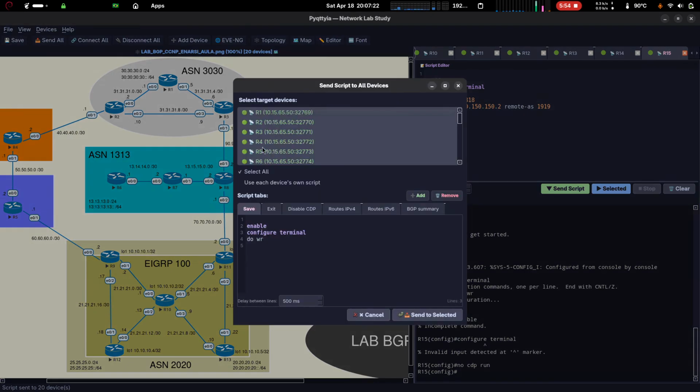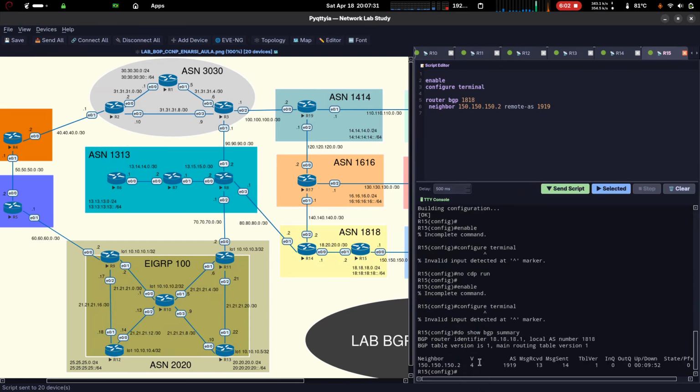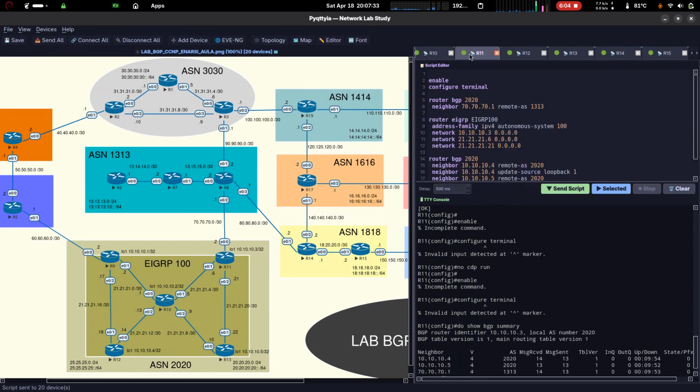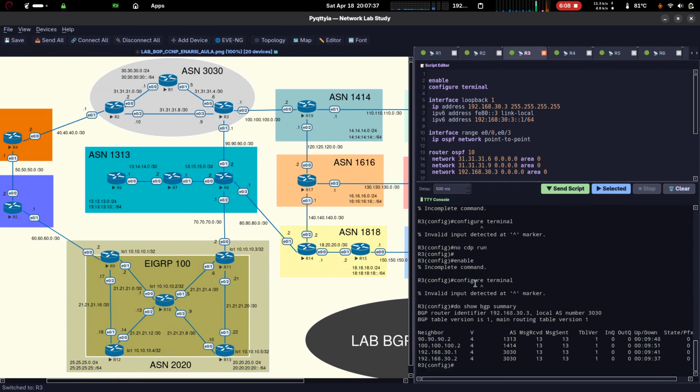If I want to see the BGP summary here, for example, I can come here and send it to all of them.